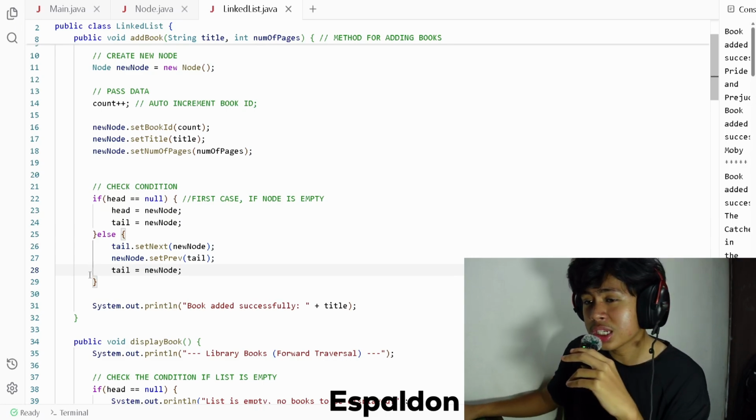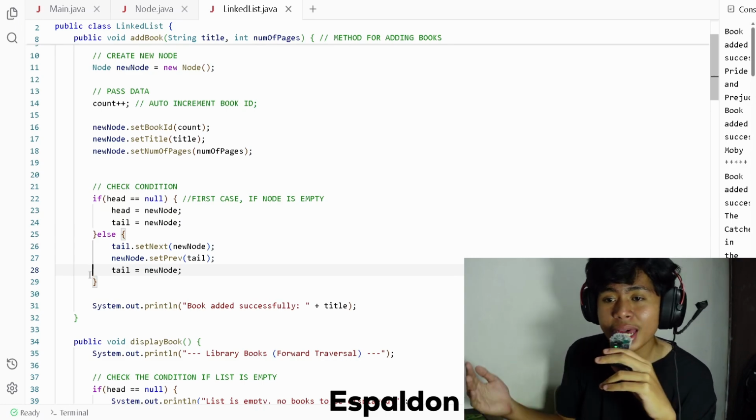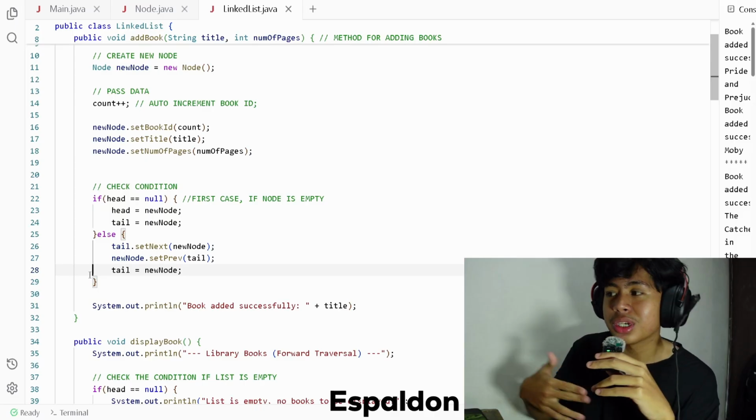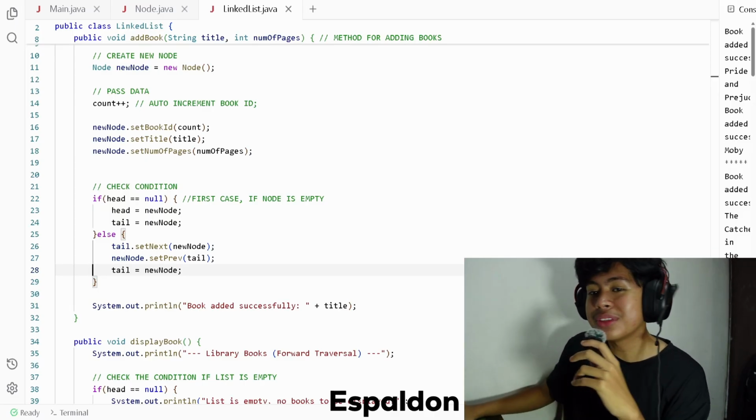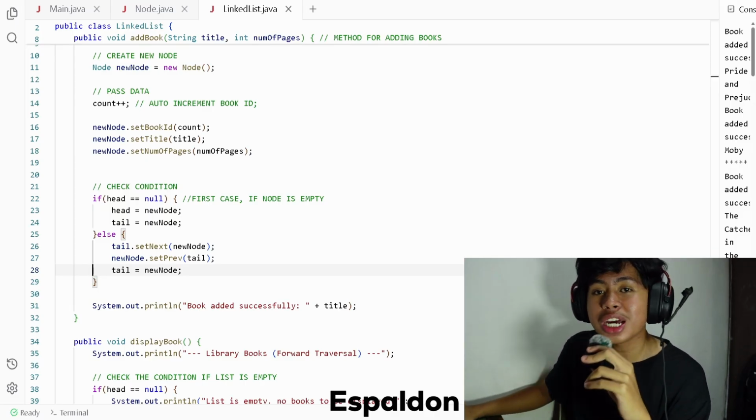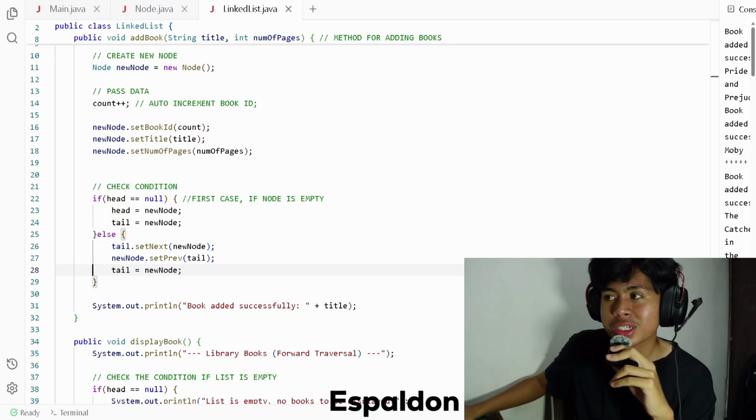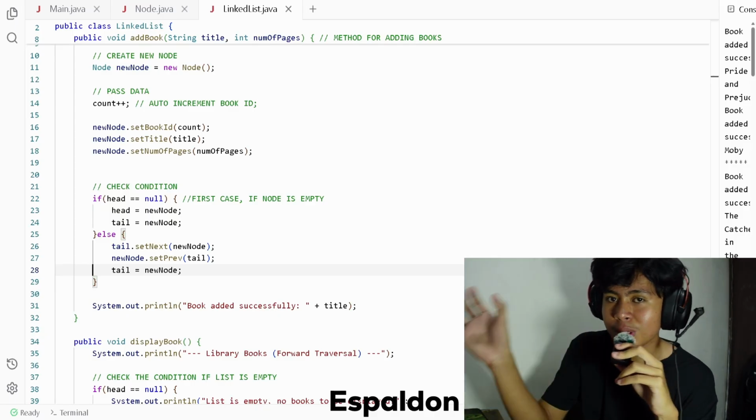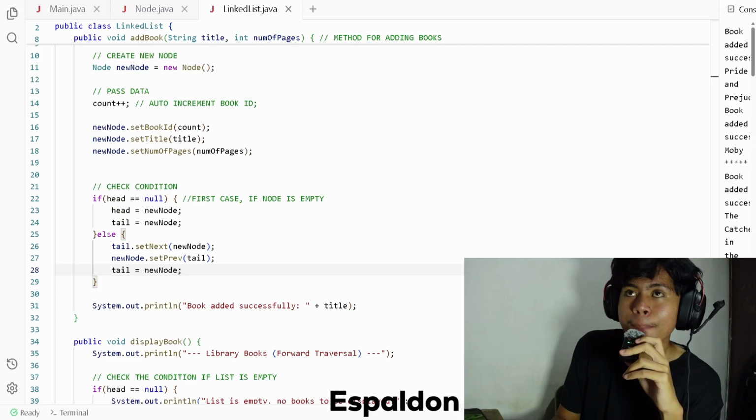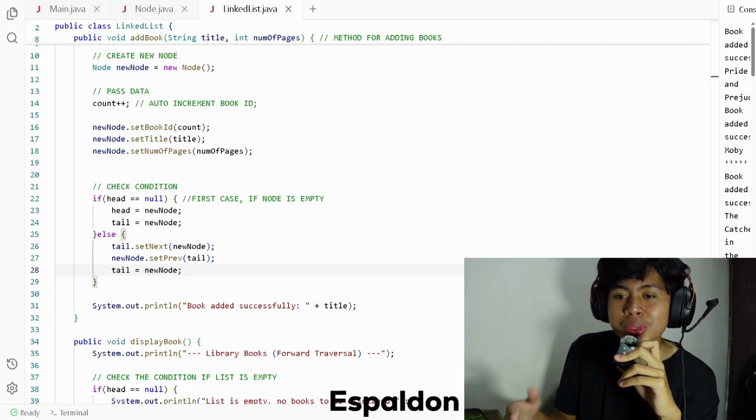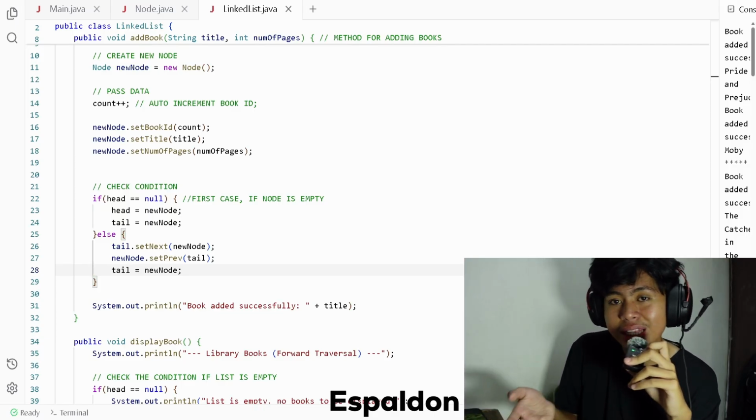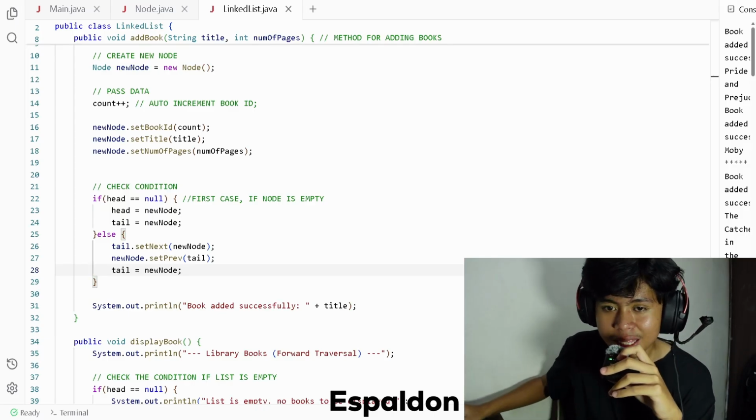So this connects or points the new book back to the previous last book. So finally, we have tail is equal to new node. So this updates the tail. So for example, mamumove siya sa dulo. Mamumove siya sa last new node. So making the new book the last book in the list. Ayun. So ganon. And lastly, we have